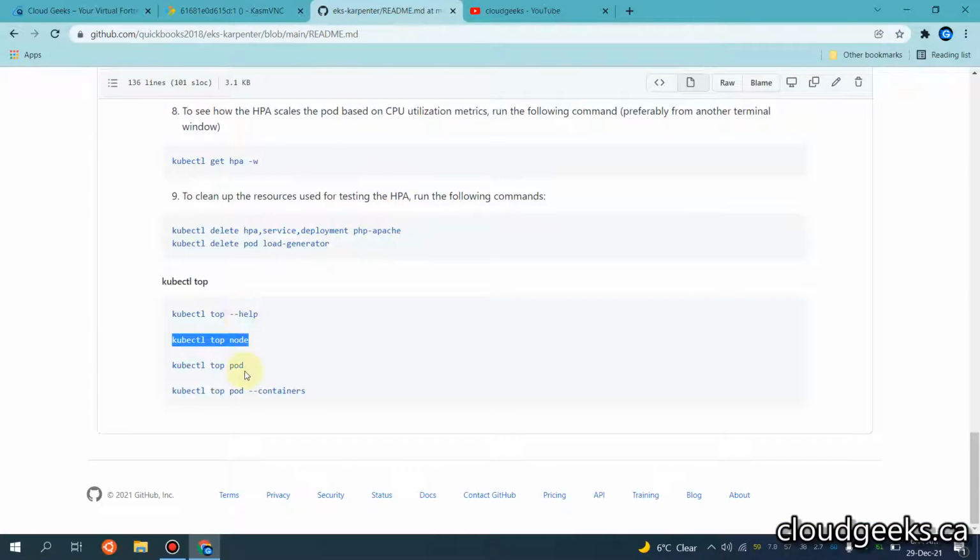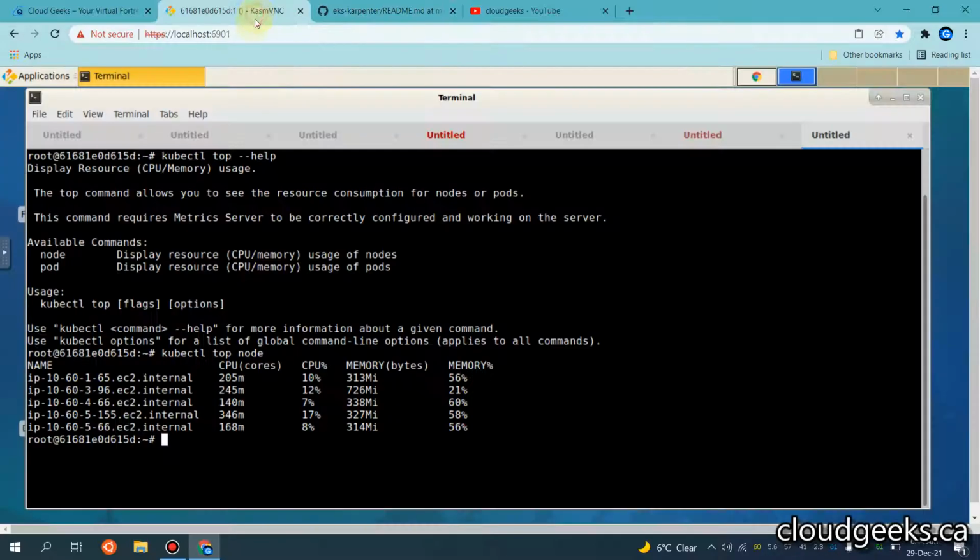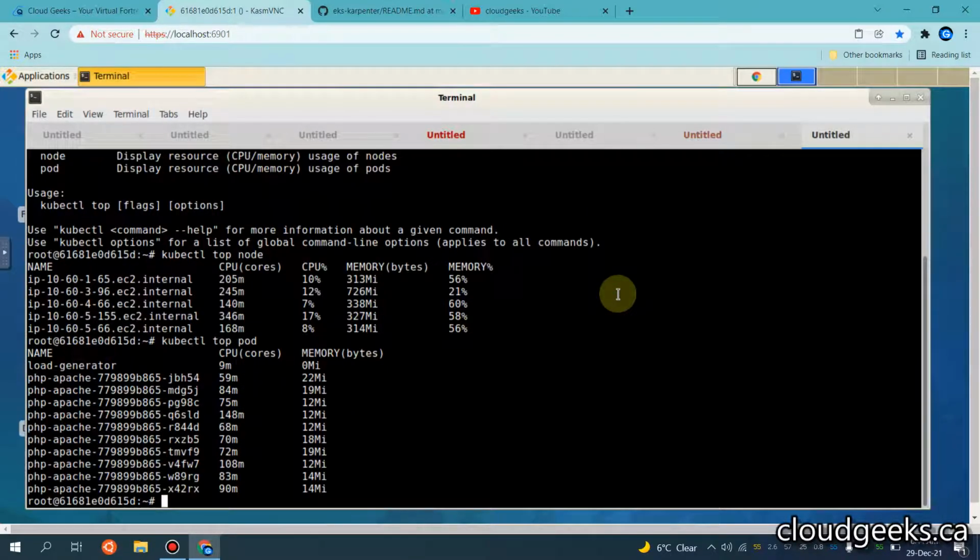So let me navigate to the pod section, what we have on the pod side. It will show us the top pods. And I will be showing you the IPs of these newly provisioned nodes.